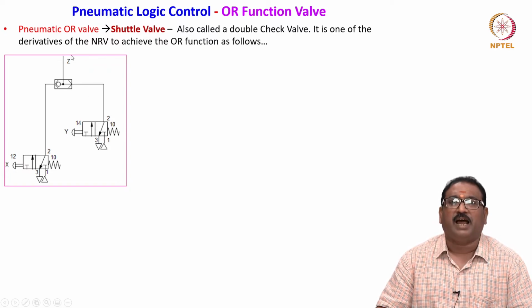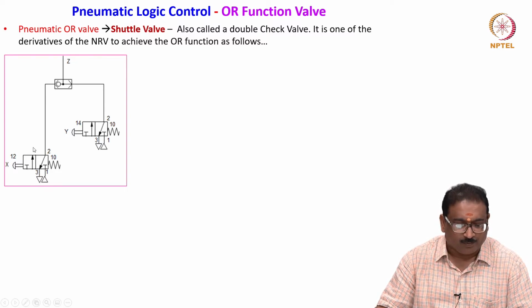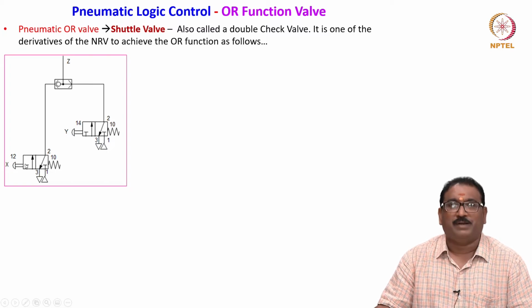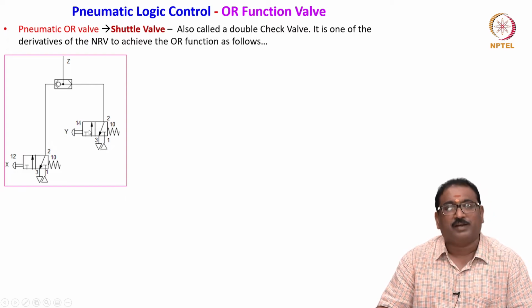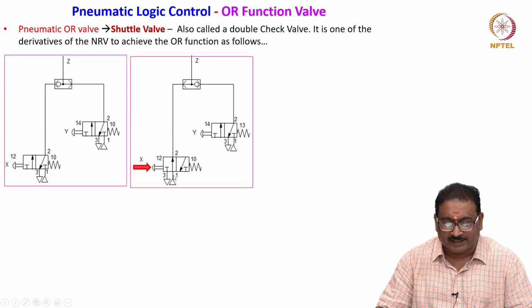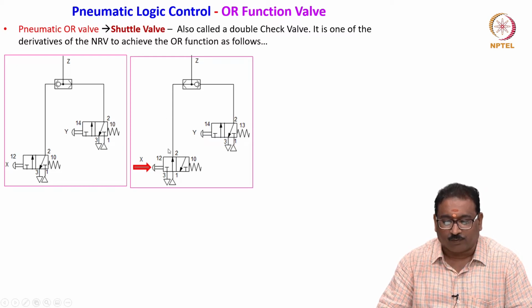Z is an output, whatever you will call it. It will receive the signal. These are the two pilots, whatever you will call them. Two valves are there, 3/2 valves. Here one 3/2 valve, here one more 3/2 valve. What happens here, friends? Z will receive the flow either here or here, whichever you actuate. You will see now. When you actuate this, what happens? The pneumatic energy will come and push the ball here, and Z will receive the flow from here.